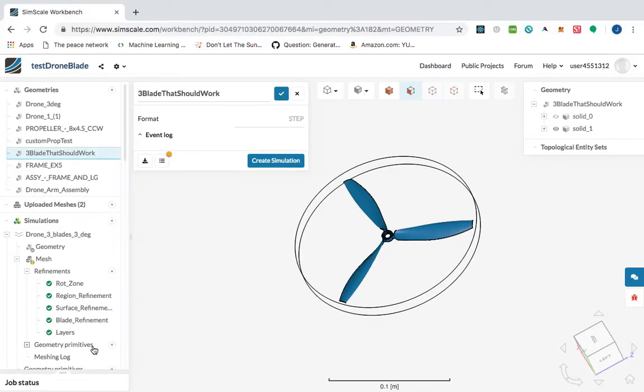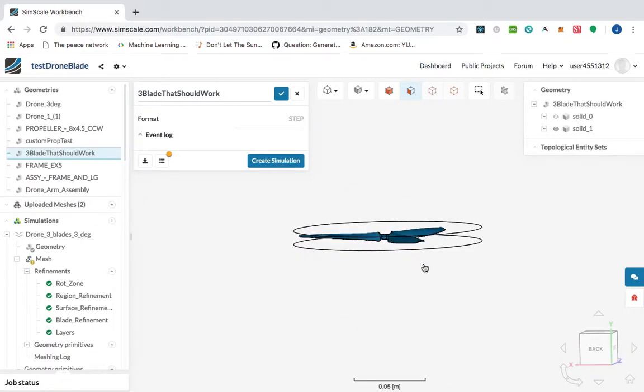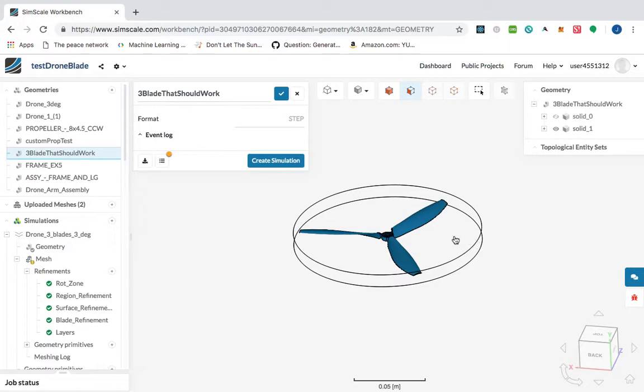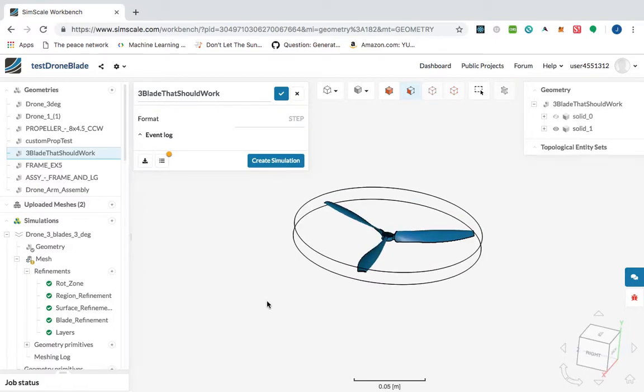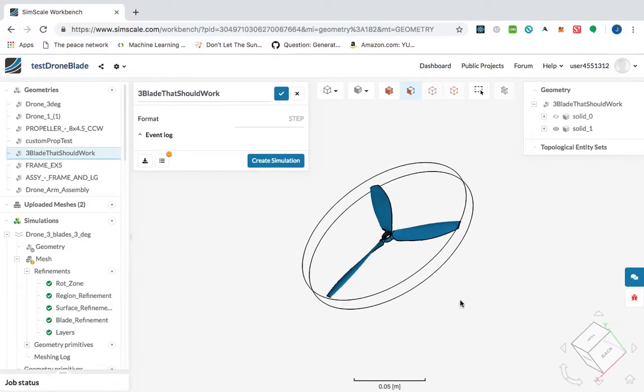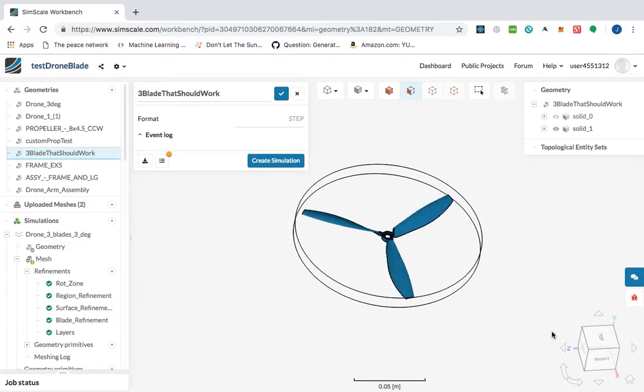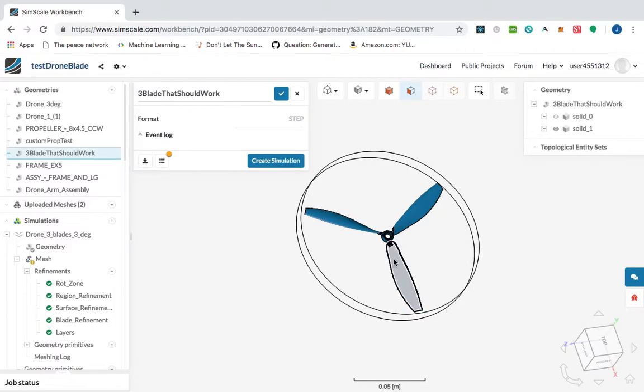Now, what I've done is I've gone into Onshape and created a design for what an efficient blade should be, and created an additional geometry as a circle to define the rotation zone. I've created a 3-blade design because that gives us around 50% more lift than a standard 2-blade design for a racing drone would be, plus any extra lift gain from the increased area at the tip and the decreased area